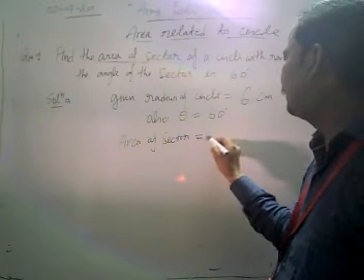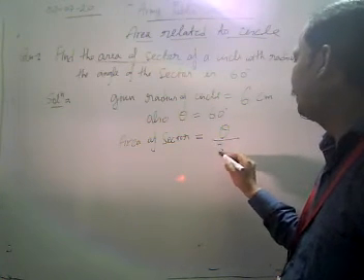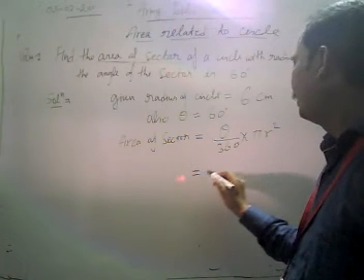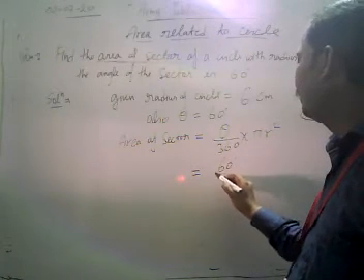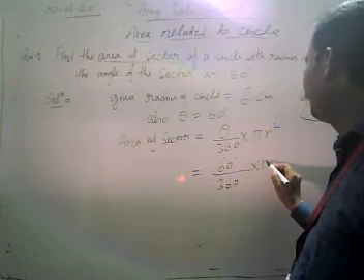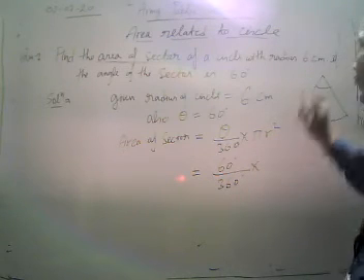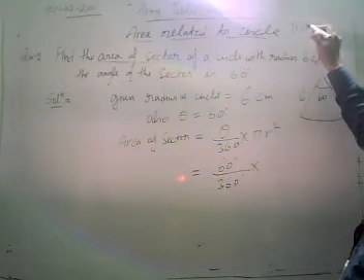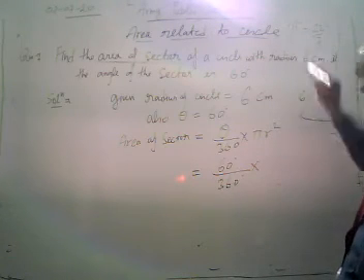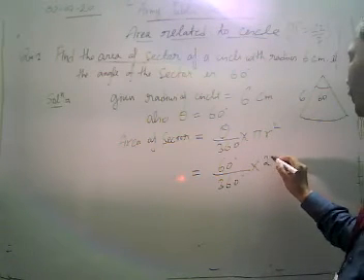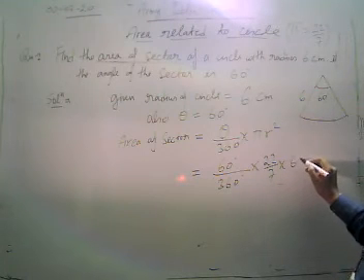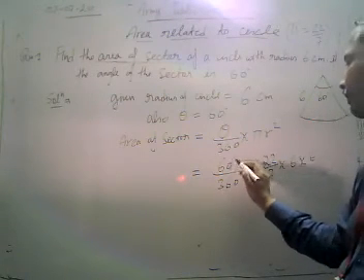Area of sector is what? We have the formula theta upon 360 into pi r square. Now putting the value of theta, we have 60 degree upon 360 into pi. We have to take the value of pi as 22 upon 7. It's given in the NCERT textbook. Now 22 upon 7. What is our r? It's 6 into 6.